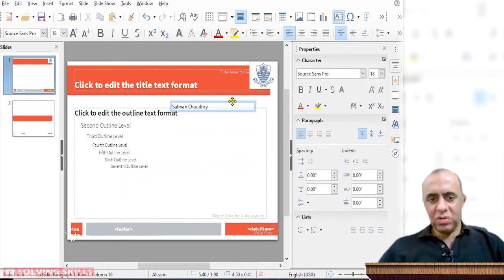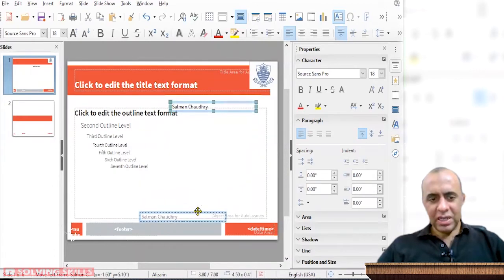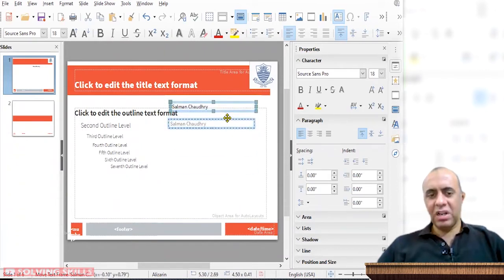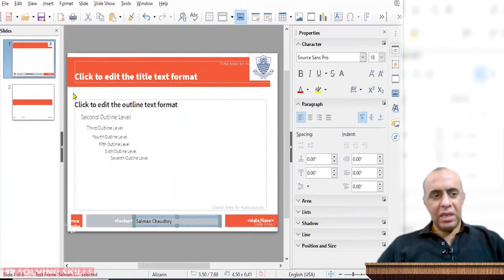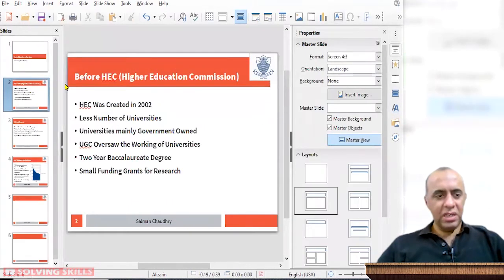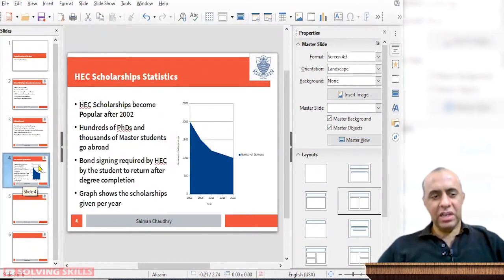Then I want you to go to the border of this text box, this light blue border, and I want you to click it and drag this name of yours into the center area of the bottom gray area. So in this theme or this design template, you can see that there's a gray bar at the bottom of each slide. So I'm going to left click on the border area of the text box that I created and wrote my name in, and I'm going to drag it and bring it inside the middle of this gray box. And if I go to the normal view again, you're going to see that every single slide now has my name at the bottom inside this gray box.